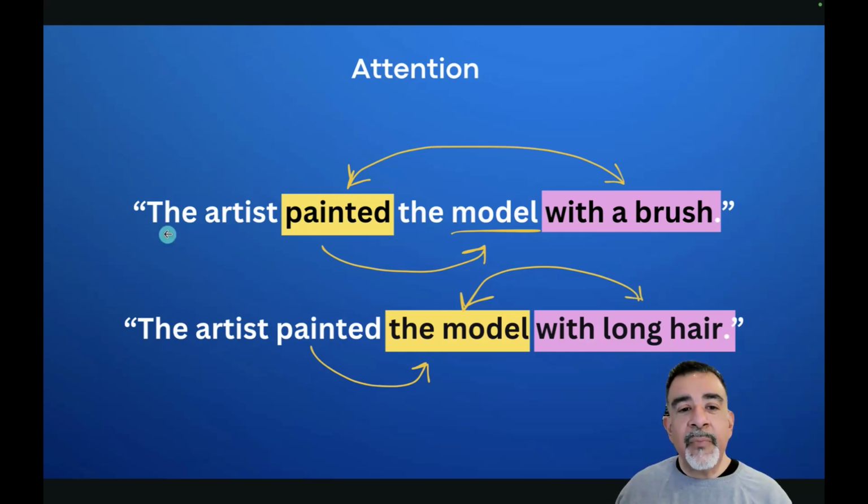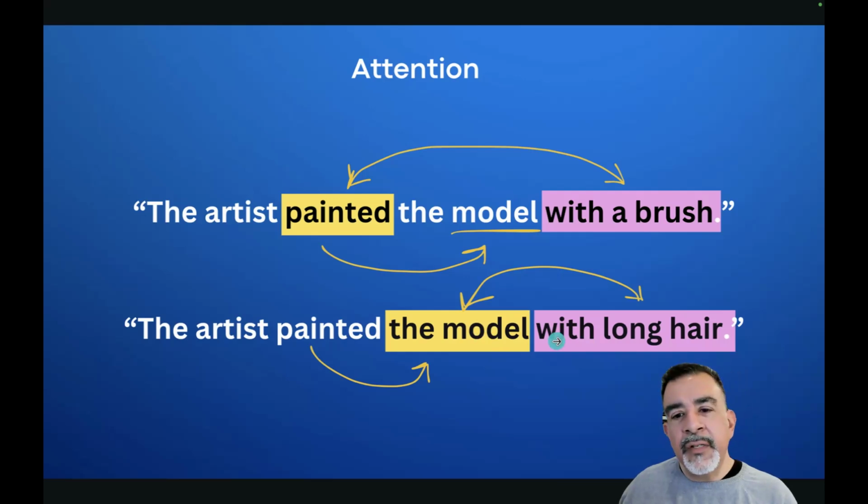So, the artist painted the model with a brush. Here, we as human beings that have learned English understand that "with a brush" modifies how the artist painted, right? But in this other sentence, the artist painted the model with long hair. This prepositional phrase modifies the model.